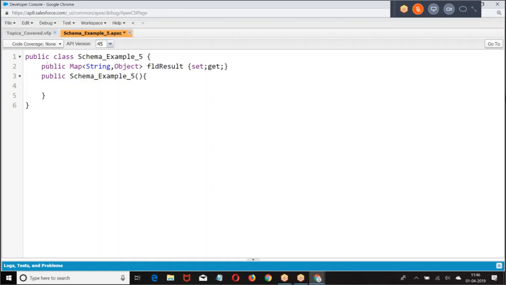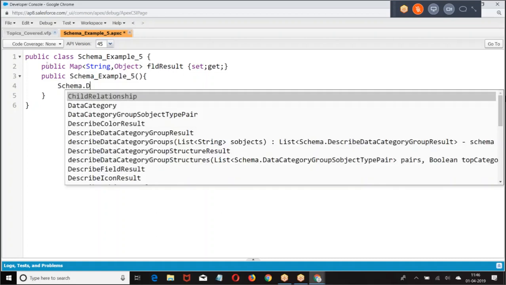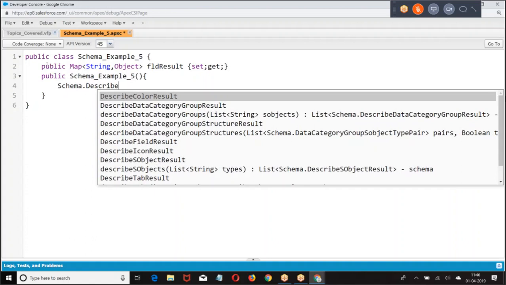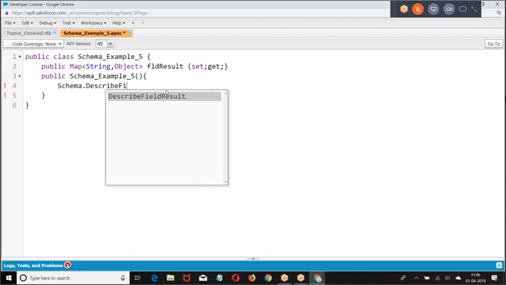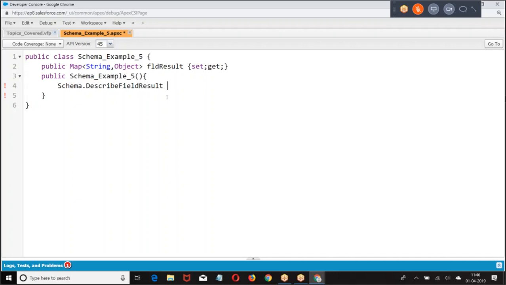Here I'm going to take schema dot describe S object result, which is for getting the result of an object. Describe field result is to get the result of a field. S object result will give you the object result. Field result will give you the field result.